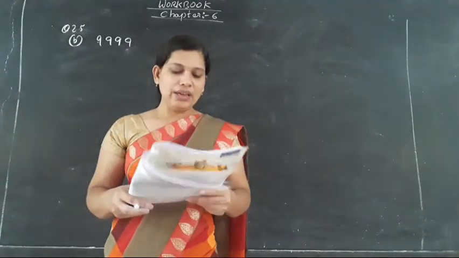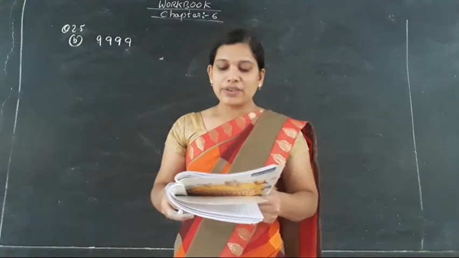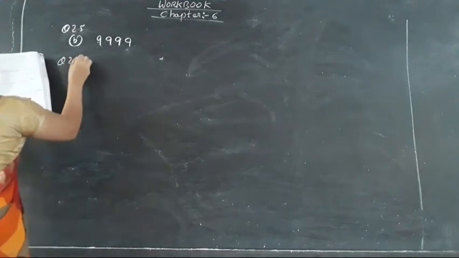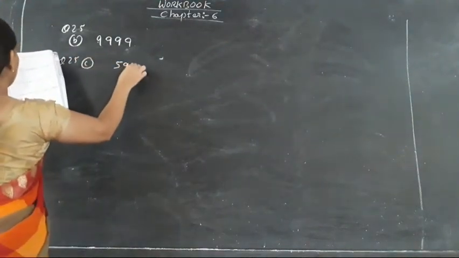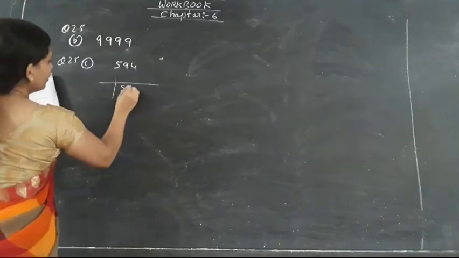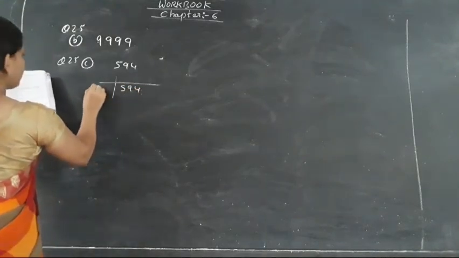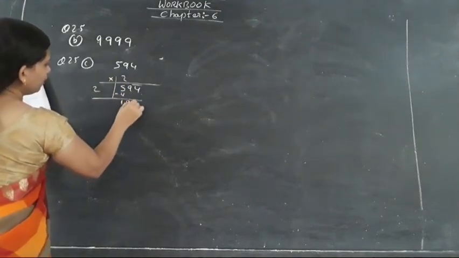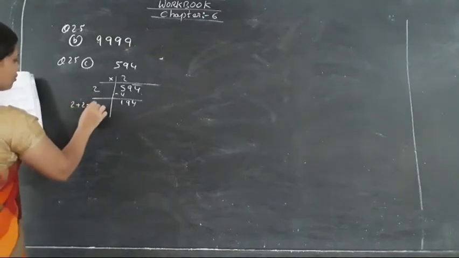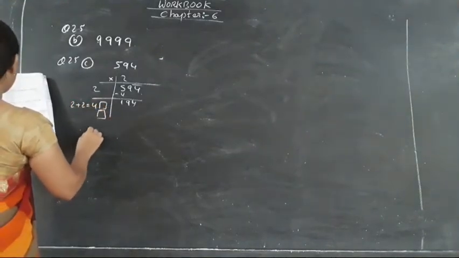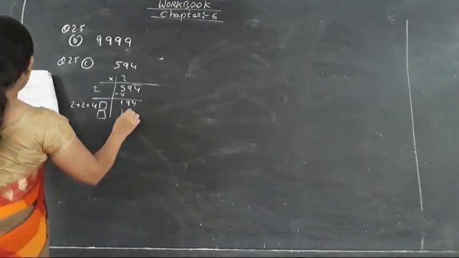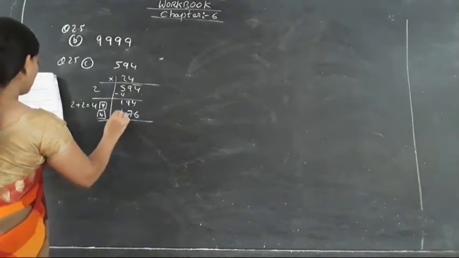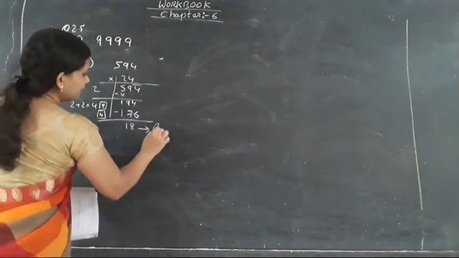Now moving towards the next question, we are having: what least number should be added to 594 to make it a perfect square. So for this question number 25 C part, the number 594 we are having. So first we are going to find the square root of this number, okay. So by the long division method, 2 into 2 it will be 4, here it will be 194. So 2 plus 2 it will be 4, by which number this 4 will be multiplied to bring that number 176, that will be 4. So here you can see that while subtraction 18 is the remainder.